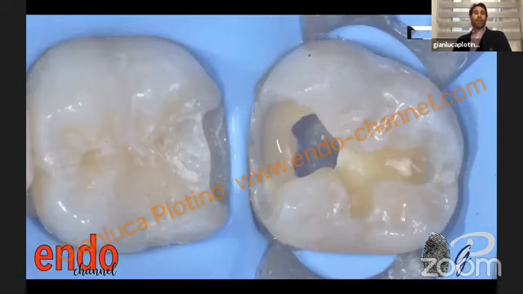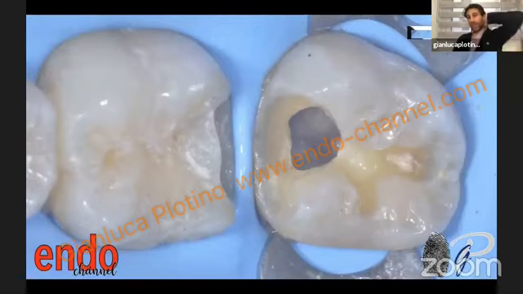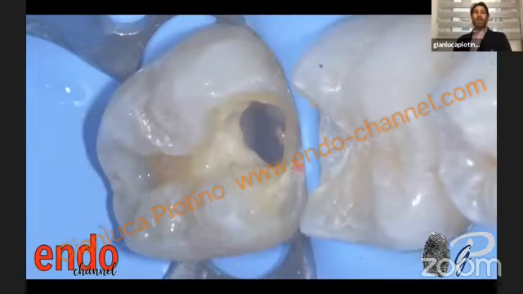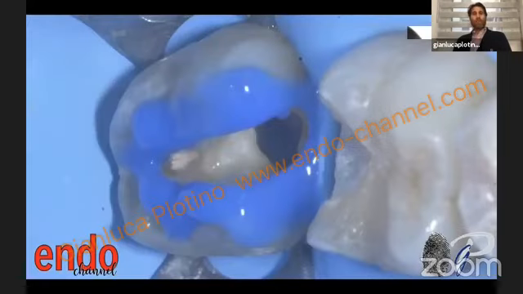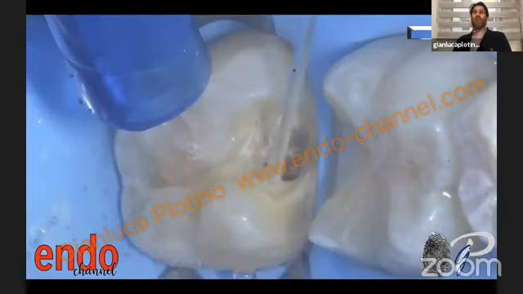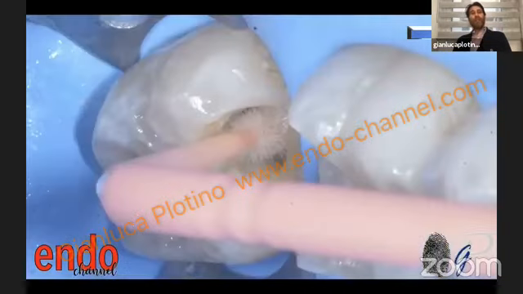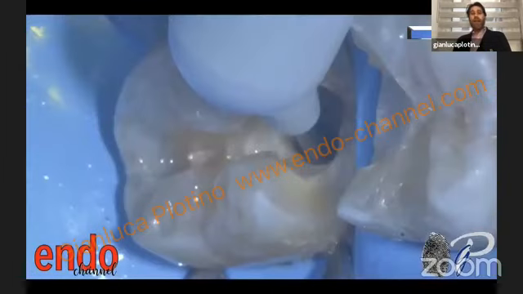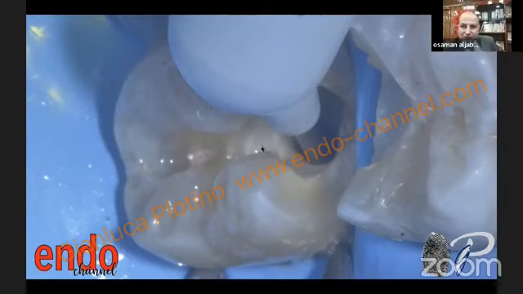And then for the restoration, I also need to deal with some difficulties because we have restricted spaces, we have undercuts, we have to clean, and then we have to fill with our restorative procedure. So in our restorative procedure, we always have to deal with this problem. We have to take care of these undercuts to be sure that our adhesives go there, to be sure that our composites go there. So I like to use a flowable resin composite.